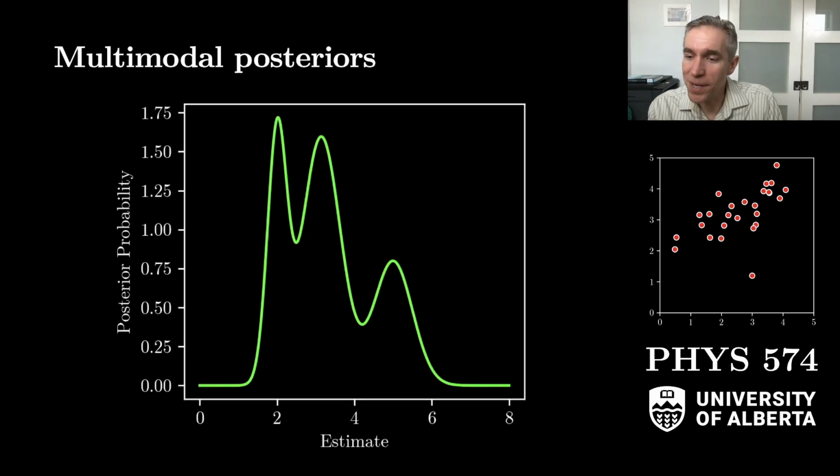So what happens if you end up with a multimodal posterior distribution? This happens quite a bit as we get further into science. And so in this case, here's a nice multimodal estimate of some parameter. We don't know exactly what it is, but it shows that it has three distinct peaks. None of them are dramatically larger than the others. So how do we actually describe these results with some concise summary statistics? Well,